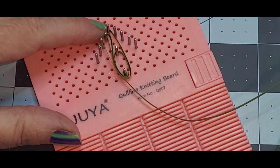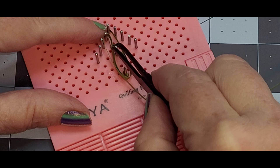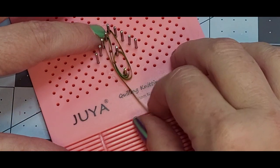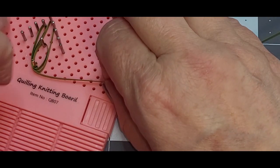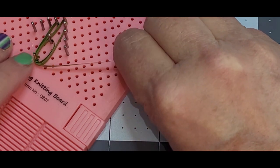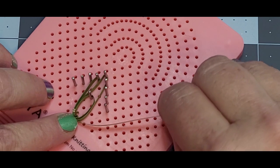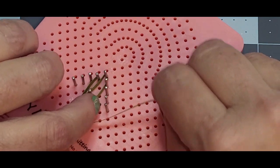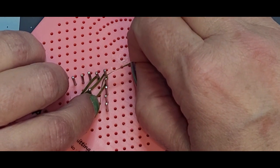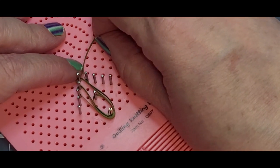This is what I'm talking about here, where you need the tweezers. You gotta sometimes push that paper over to the side there. Pull, come back up this base peg here, and then we're gonna go on the inside here. I'm gonna go on the inside right here and come up around this peg. Come around that peg,